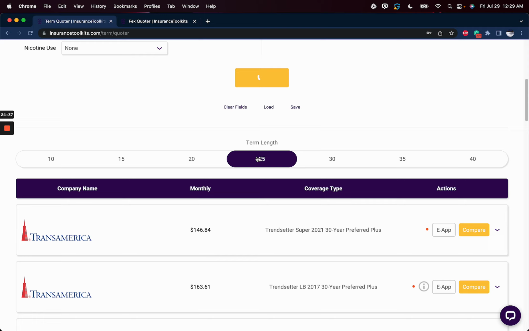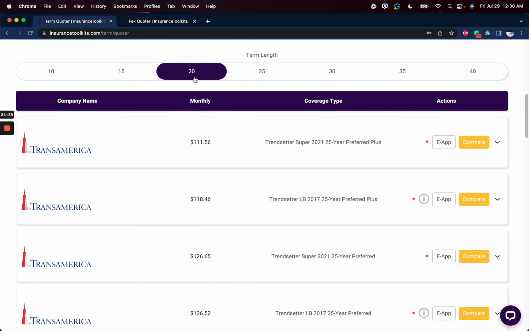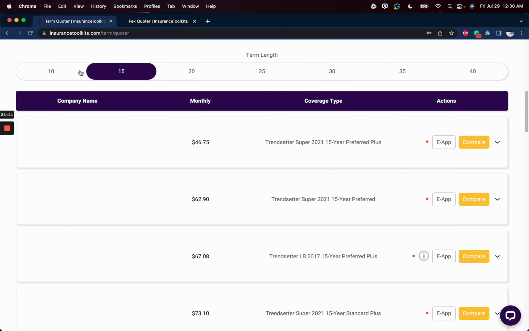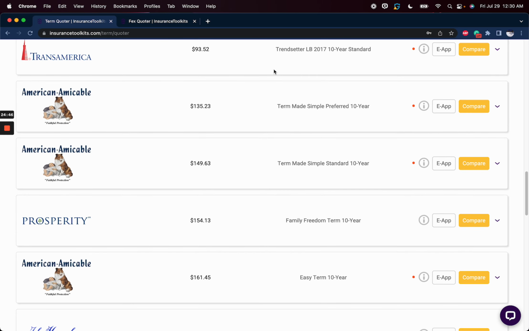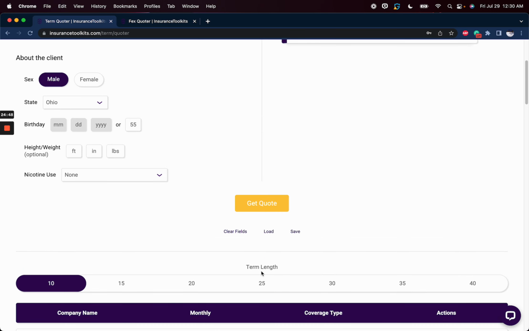Now, if I want to change the length of the term that I'm looking at, I can always mouse over the slider here. So 10, 15, 20, 25, 30, 35, and 40 years, depending on the carriers that I'm looking at. And depending on the carriers you are looking at,